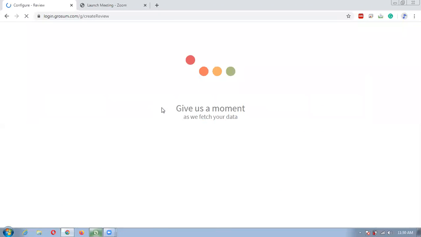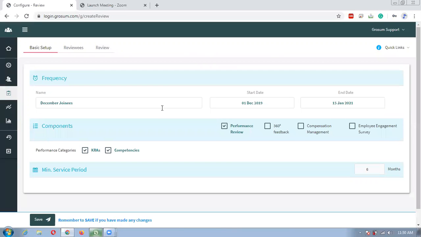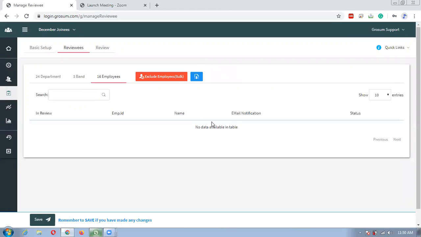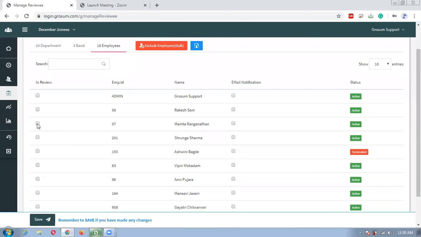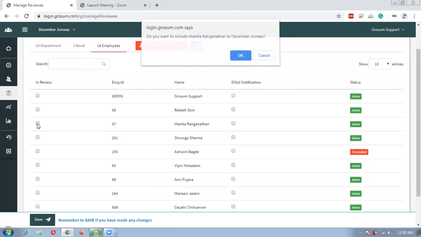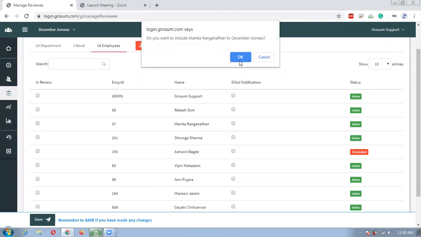Once you click on basic setup, you will see three options: basic setup, reviews, and review. Click on the reviews. You will see a list of employees. Select the employee that you want to include. Once you click on that, that employee will get included in that particular review.